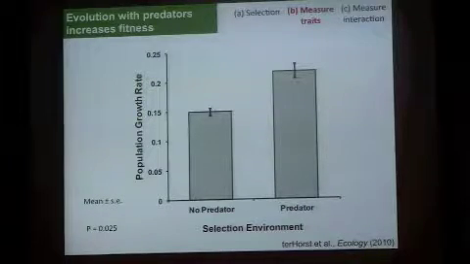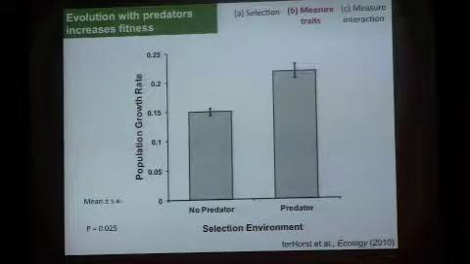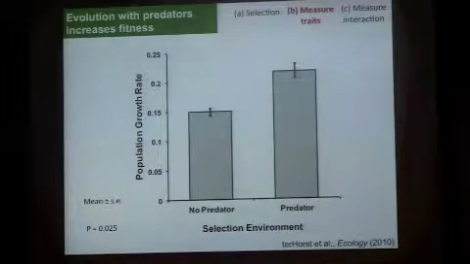So I'll just show you a couple of these traits. So this is population growth rates. This is how fast the population is growing. We originally started thinking about this as a trait that it would be like little r, like the maximum amount that a population can grow. Now we're a little uncomfortable thinking about that as a trait and think about it more as fitness.